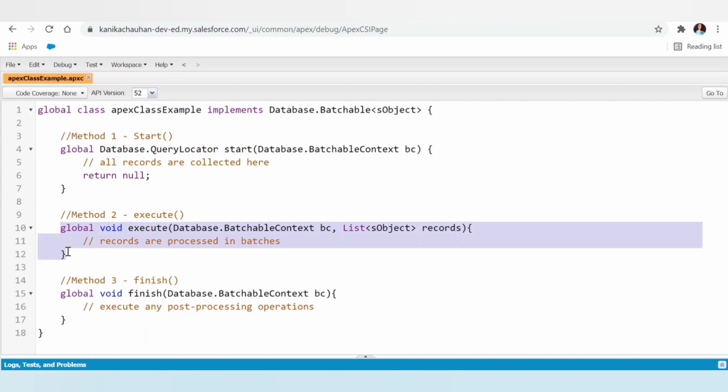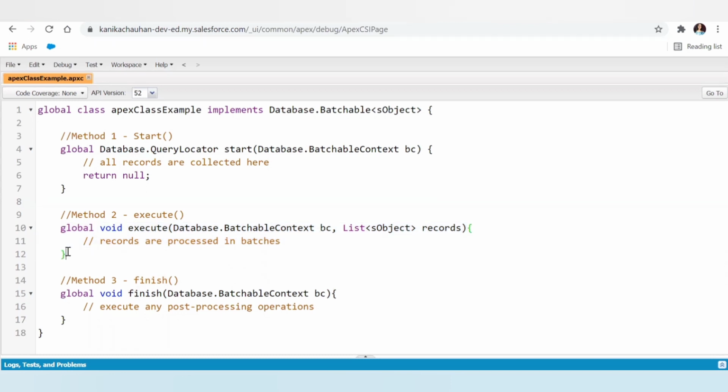Suppose the total number of records fetched in the start method is 1000. Now 5 chunks will be created, each of 200, and these 5 chunks will be processed as per the conditions or criteria which we put in the execute method.